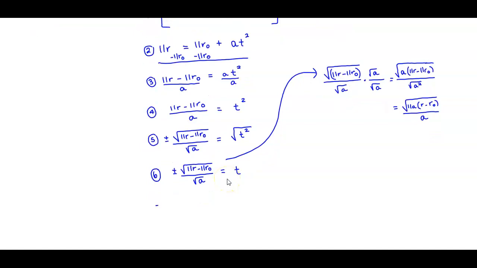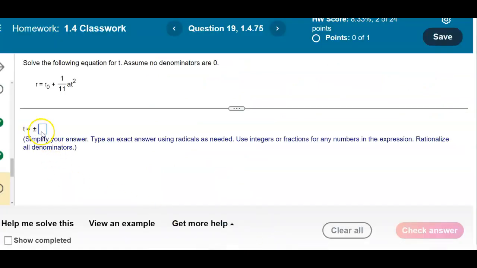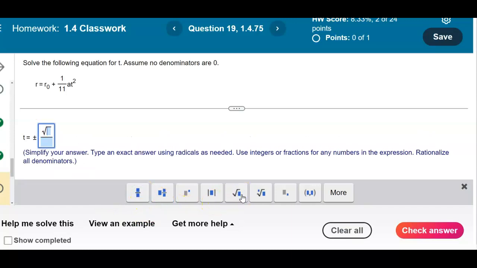So that means that t is going to equal plus or minus the square root of 11a times r minus r subscript 0 over a. Let's go ahead and put our answer in there to check. We already have the plus or minus out here. So we have our fraction, we have the square root symbol, and then we have 11a times parentheses r minus